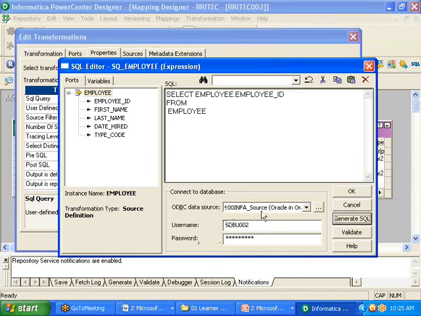If I go to the ODBC data source here, then username and password. If I click on generate SQL here, it is going to generate whatever SQL is required.